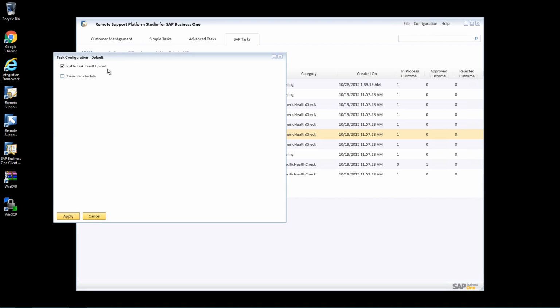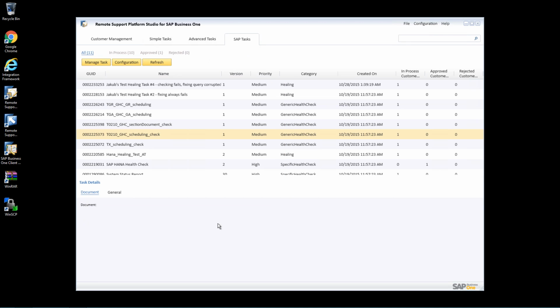Then you have the ability to enable the task results or disable the task results upload. You can also overwrite the default schedule to fit your customer needs. We can overwrite the schedule and then select, for example, the time that you would like to schedule this task to run and whether or not it will reoccur. Once you've selected your particular configuration details for scheduling this task, you click Apply, and then you can simply publish